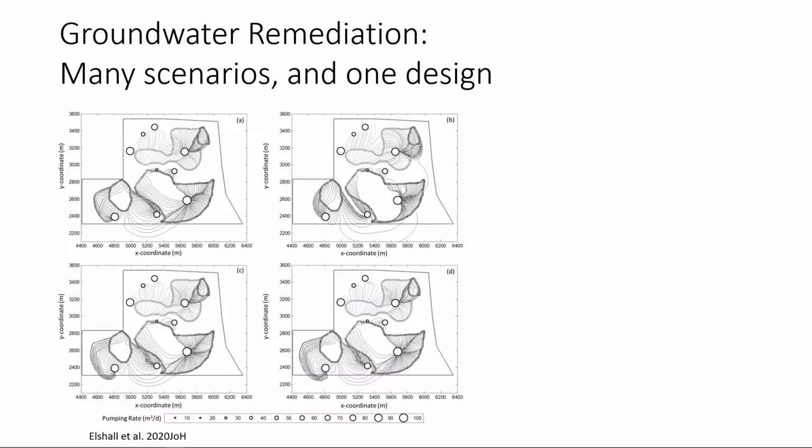Here, this is the pumping rate, in cubic meters per day. So the small ones here, for example, would be about 10 cubic meters per day. The big ones like this one here would be about 100 cubic meters per day. So this particular solution is where the line, pumping well, each location and pumping rate is